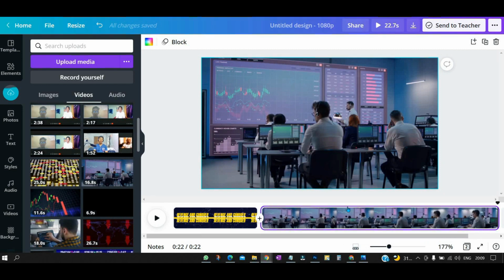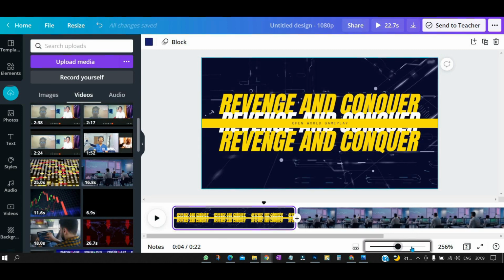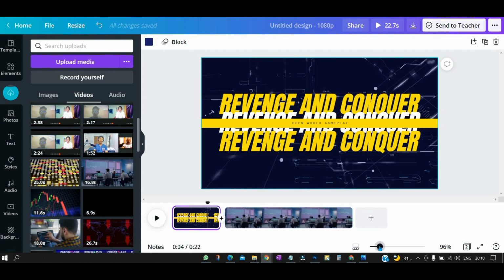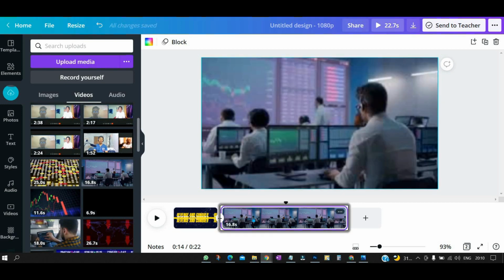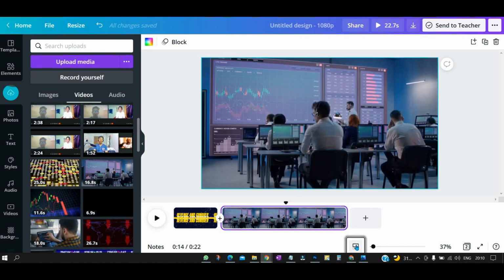See, you can see this thumbnail section is getting zoomed, timeline section, and if I select over here and this one, if I zoom it, you can see it is getting enlarged. Okay, so let me minimize it, and yeah, it is perfect. You can zoom the timeline section, and if I select over this section, you can see it will zoom your video. Okay, so it will zoom your page.